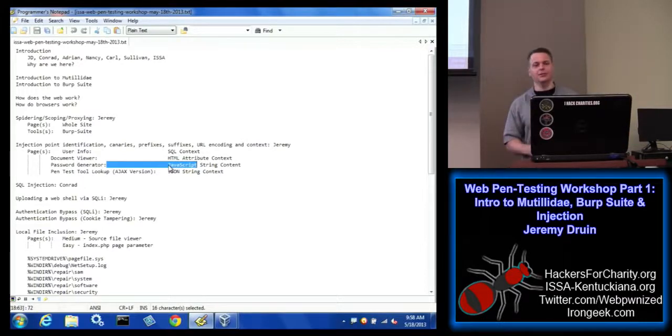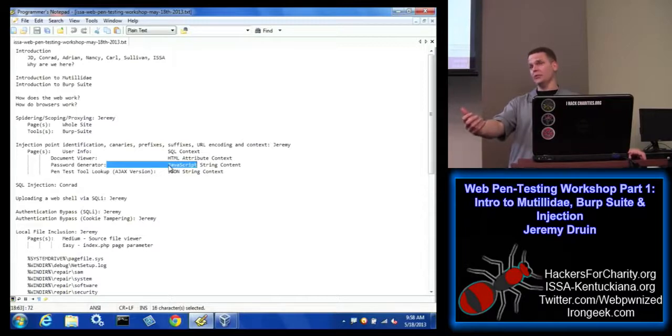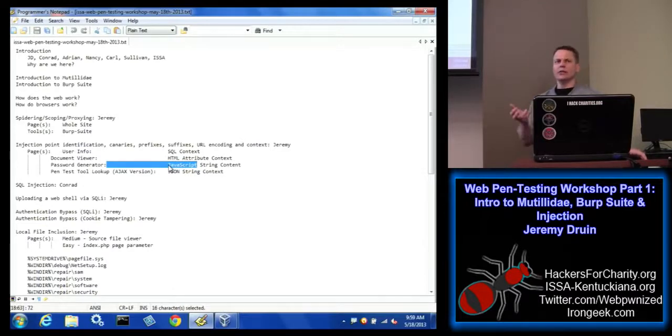That is a happy day, I tell you, because the ASP.NET request validation is pretty hard to beat, but if you can find an injection that lands in the middle of JavaScript, then you can generally get around the filter, because what you'll be passing in as the attack will not be HTML, right? It'll be JavaScript, because you're in JavaScript context. And so those characters tend to look pretty normal. They don't really look like an attack. They don't look like a tag, certainly. And it's hard to detect them. They just look like normal business logic. So a lot of times you can get around the ASP.NET request validation if you can find this context.